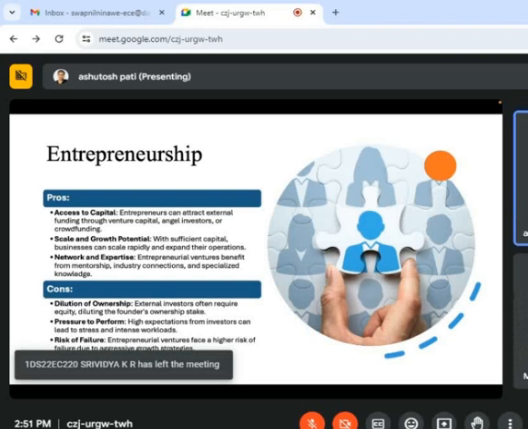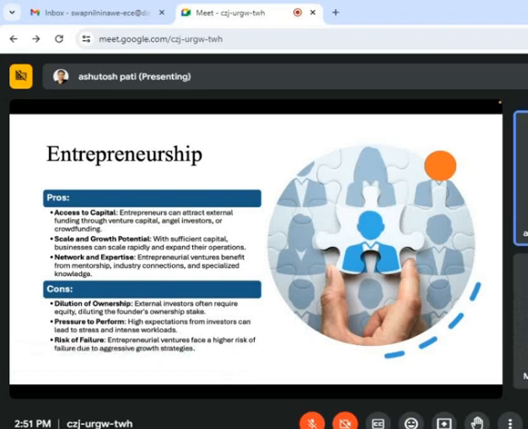So the thing is that once you start entrepreneurship, you should also be open to new ideas, a new way of making profit, or maybe a new way of running the same business in a different time zone or a different place. So these are the things. But